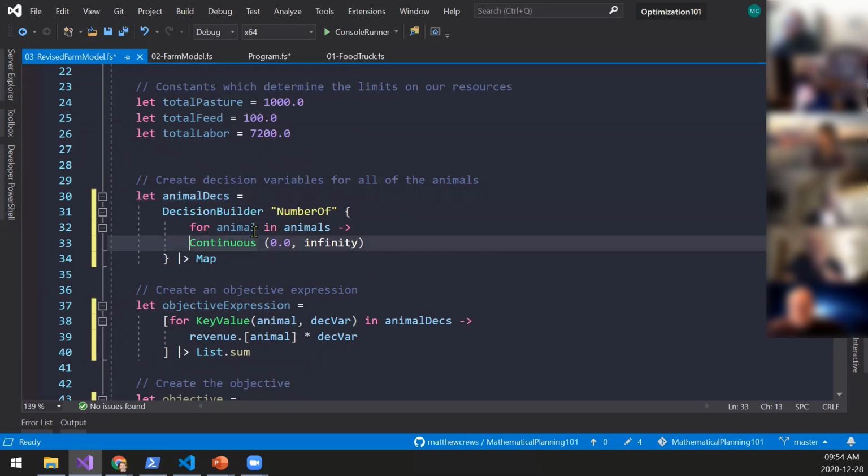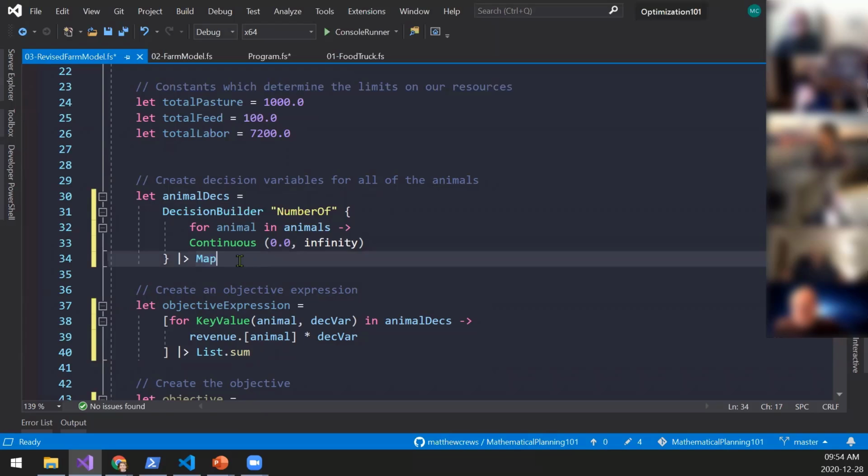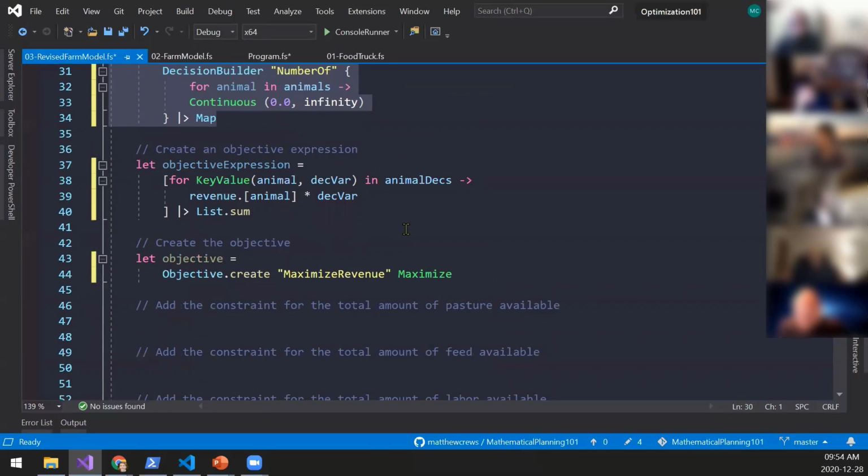So it knows, hey, for each animal, I'm going to make a thing, and then I'm going to return to you in this case a sequence of tuples, which is the animal and the decision associated with it. But then I immediately put that into a map because that's how I want to work with it. That's a really fantastic question, though. This is just kind of like, we're just going to do some magic here to make your life easier. Awesome. Thank you for asking.